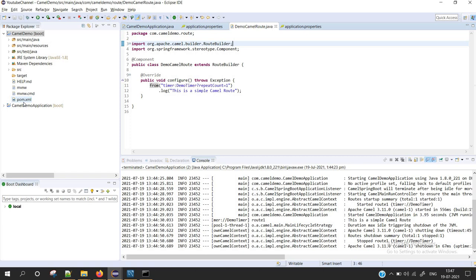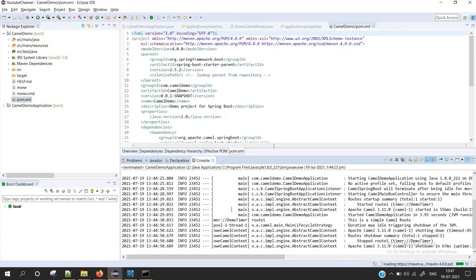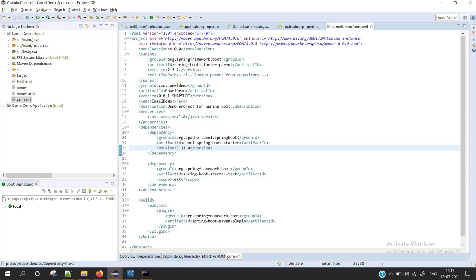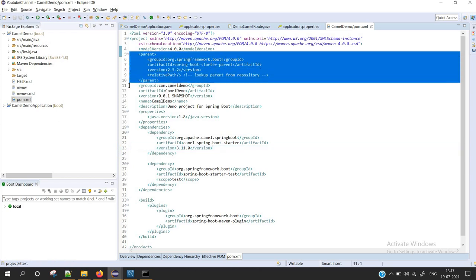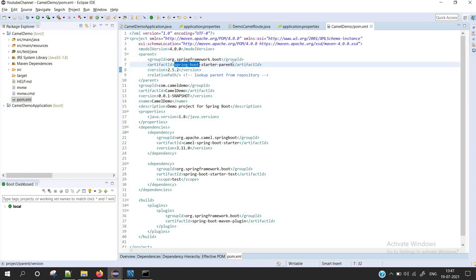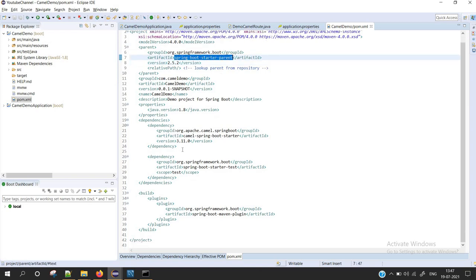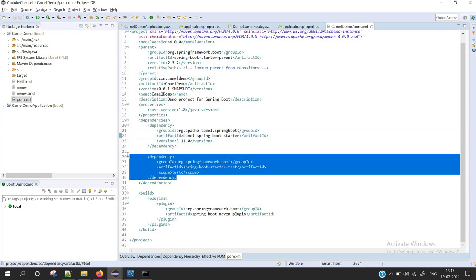Before concluding the session, let's quickly look into the pom of this project and see what dependencies it downloaded. Here you can see, as with every Spring Boot project, the parent is already configured by the Spring Boot starter parent, and specifically for Camel, as we selected a dependency as a Camel project, the Apache Camel Spring Boot starter dependency got added here, and there is a simple test dependency